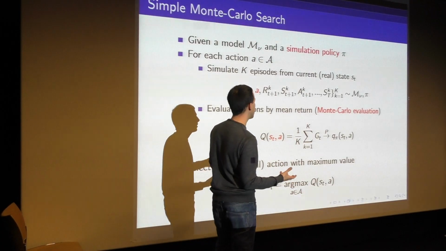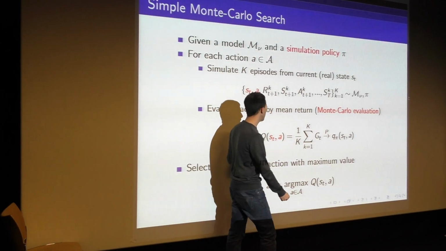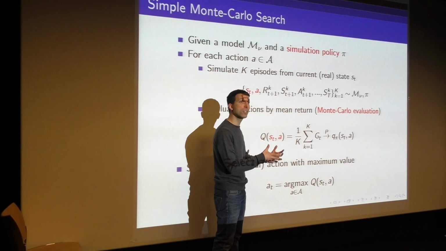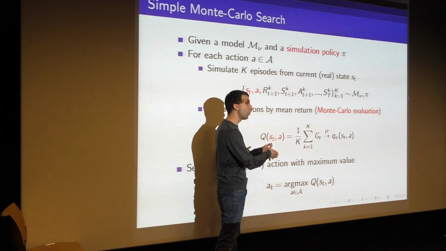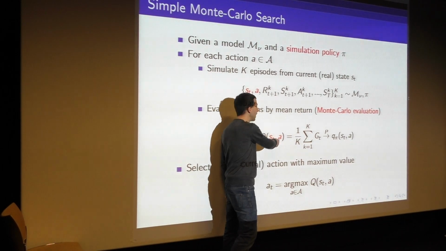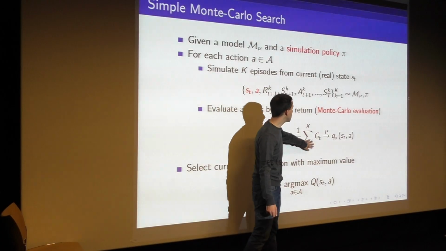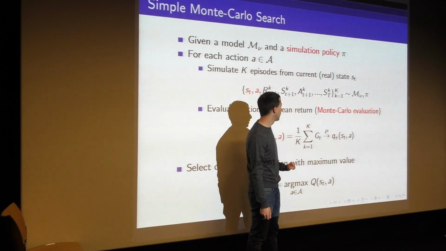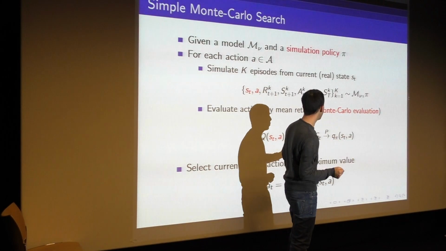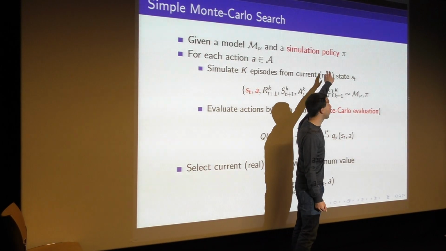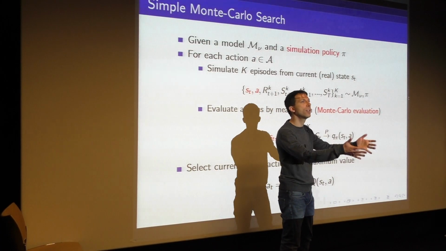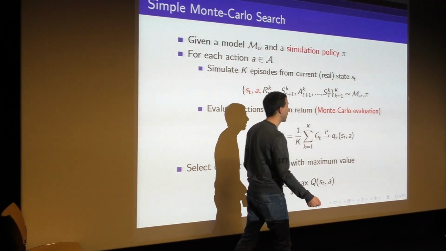We evaluate each of those in turn, and what we see is that if we just evaluate our actions, that gives us an action value function for the root of this search tree, starting from my root, considering all of the actions I could take, and just taking the mean of these returns. That's all it's saying. And all this is saying is that this, by the law of large numbers, really does give us the true value function for our simulation policy. If we run enough simulations, we really will converge on the expected value of those returns, which is the definition